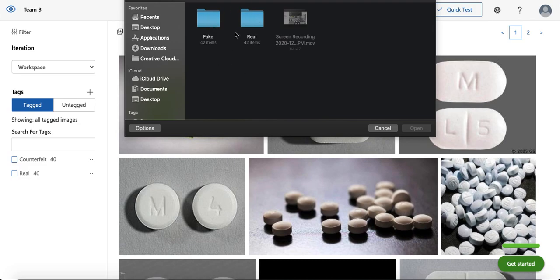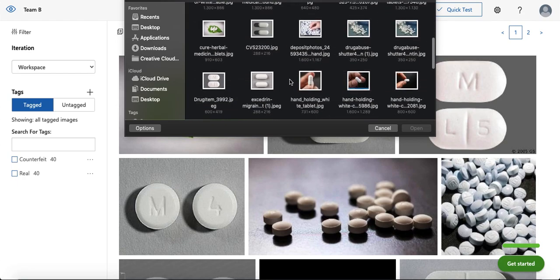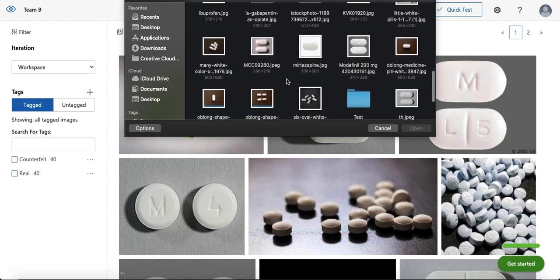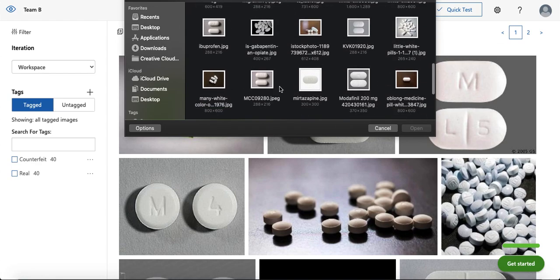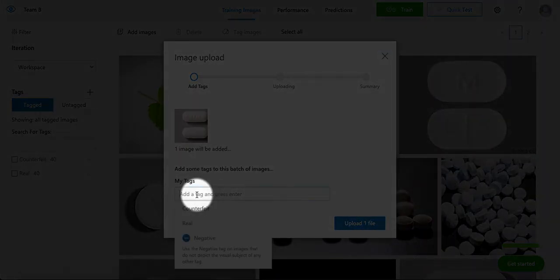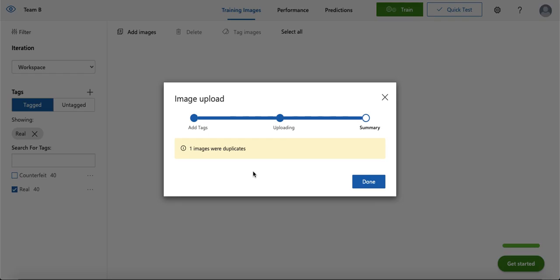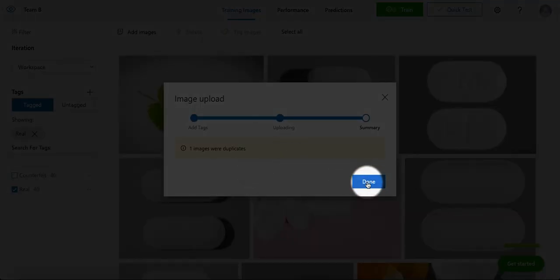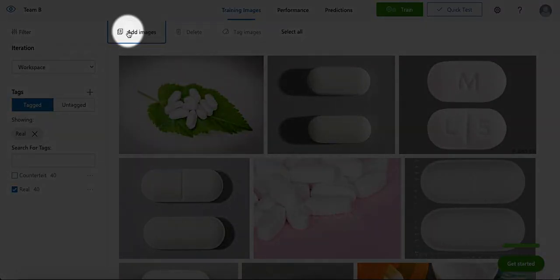Here we already have a set of fake and real. The real pictures are the ones going to be preset as real medicines determined by the WHO or the pharmaceutical. We're going to select different images, and we're going to put the tag either if it's real or counterfeit. In this case it is real, and we're going to upload one file. This file was already uploaded. We already had it in the dataset, so we're going to leave it like that. And we're going to keep adding images,